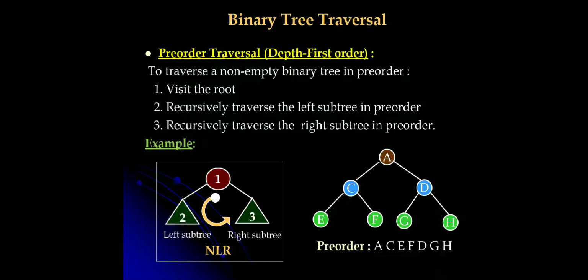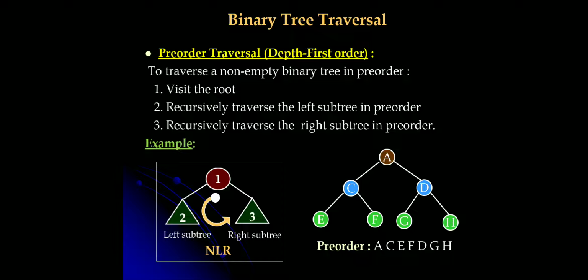After visiting the root, go to the left subtree. In this left subtree, which is the root? It is C, visit it. Go to its left subtree, that is node E, visit it. E is visited. After root and left are completed, go to the right subtree, F is visited. So root and left are completed, go to the right subtree of the given tree, where D is the root, visit it. Then go to its left subtree, visit G, and then go to the right subtree of the node D, it is H, H is visited.